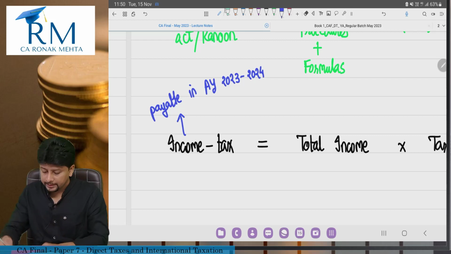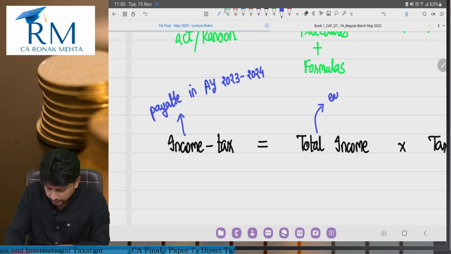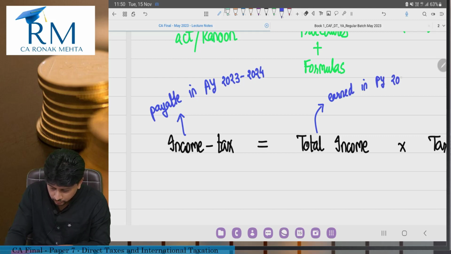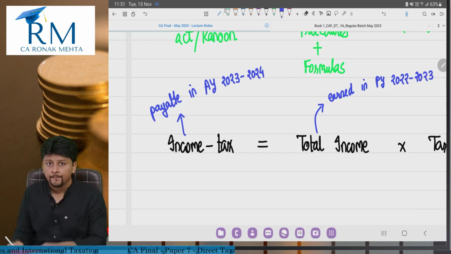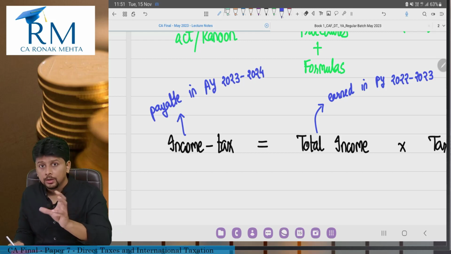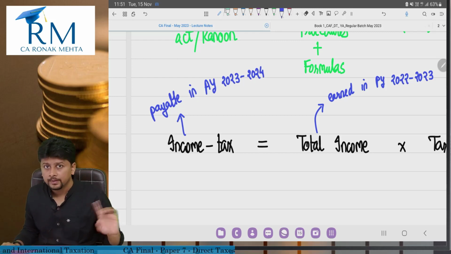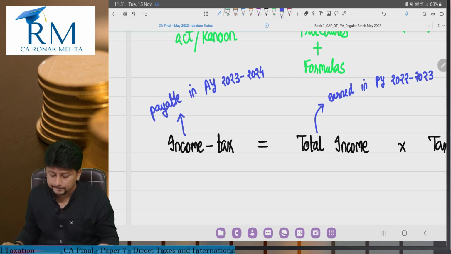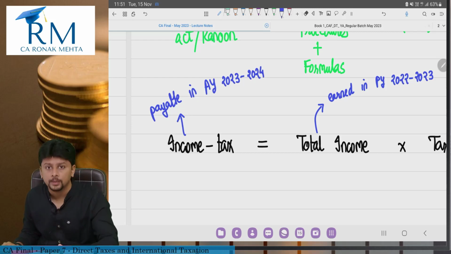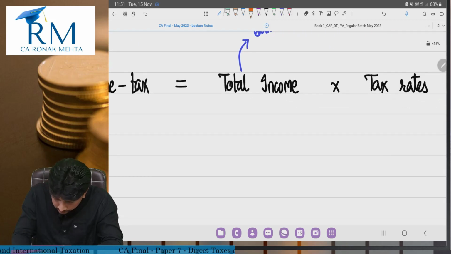Income tax is calculated on income. Which income? Total income. When is this total income earned? This total income is earned in previous year. So we have to study previous year 22-23, assessment year 23-24. Now mark my words, income tax is calculated on total income. I'm not using the word income. I'm saying income tax is calculated on total income. What is the meaning? Total income is defined